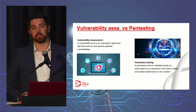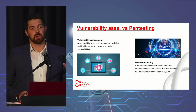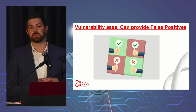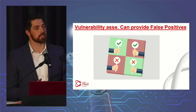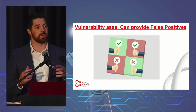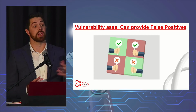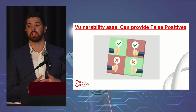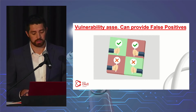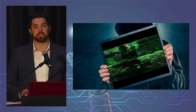Most organizations are going the vulnerability assessment route because it is quite cost effective and there are various tools out there. However, this is a great tool to use, but there are some limitations to it. There's something called false positives within a vulnerability assessment. When a vulnerability scanner scans a system, it only has access to a subset of information or data, which can prevent it from giving you an accurate overview of what exploits are sitting behind specific things, or if there are specific measures put in place to make sure that those vulnerabilities can't be turned into specific exploits. And we're obviously doing this to prevent ransomware attacks from happening on a day-to-day basis,